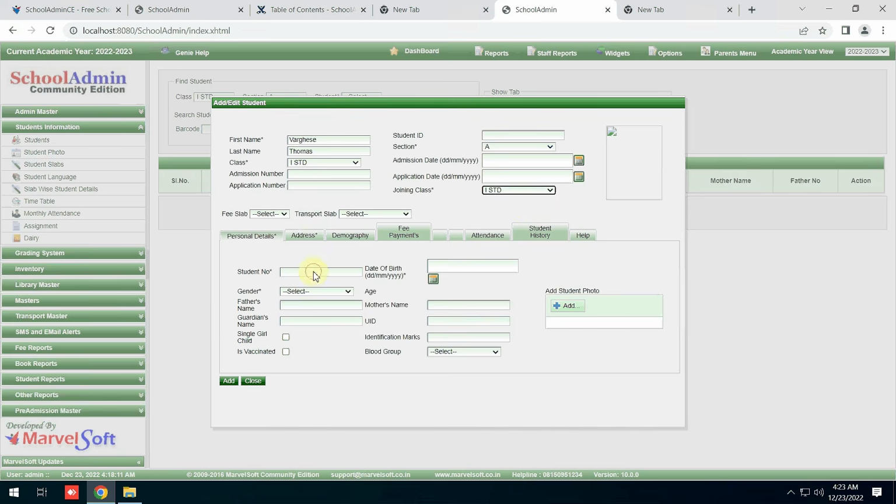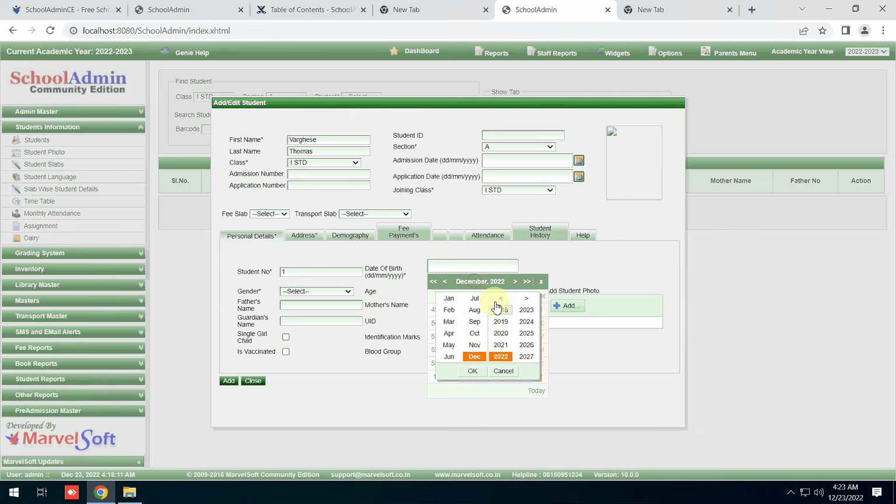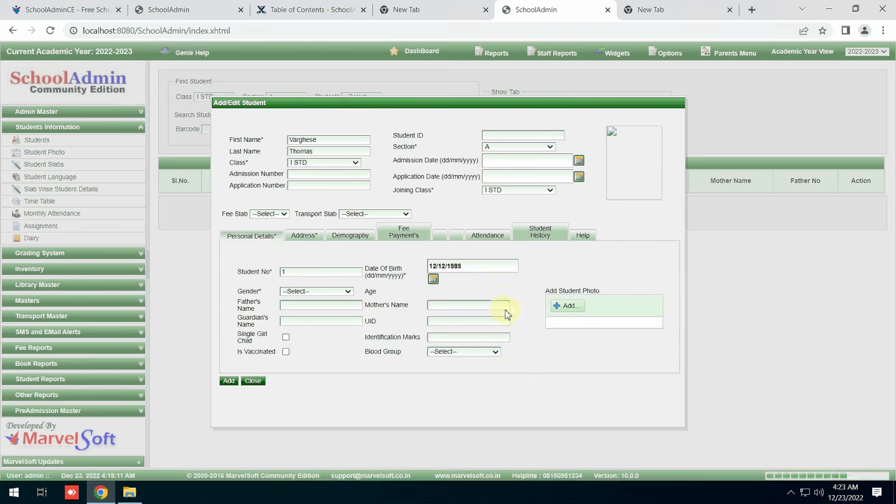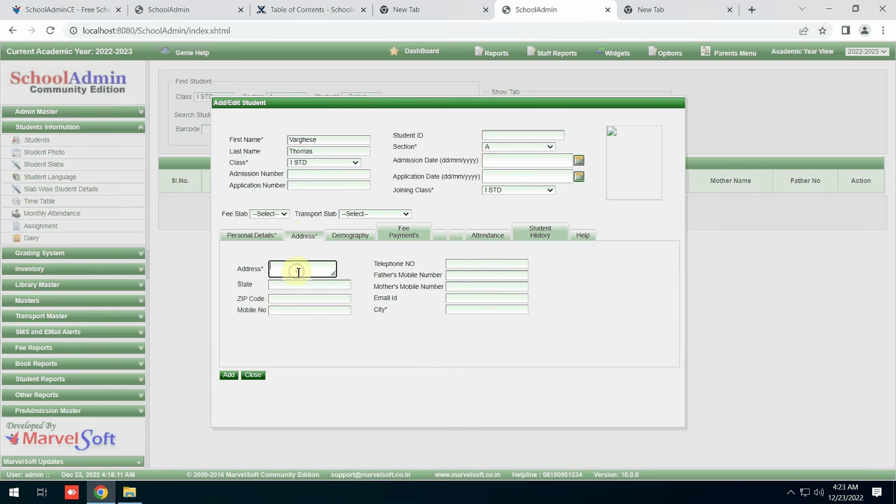Student number 1, date of birth. Since it's demo data, I am giving some random dates. When you are doing it actually for your school, you have to give the data which is available in your admission register. And the address, let's say number 89,